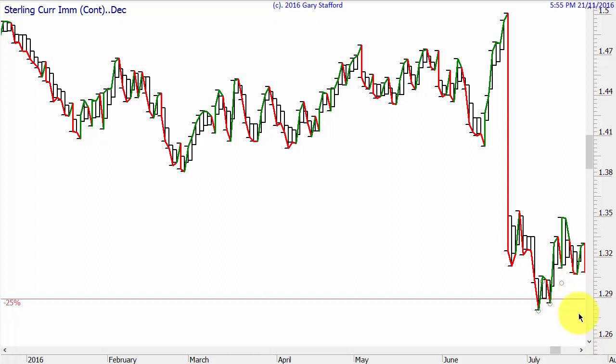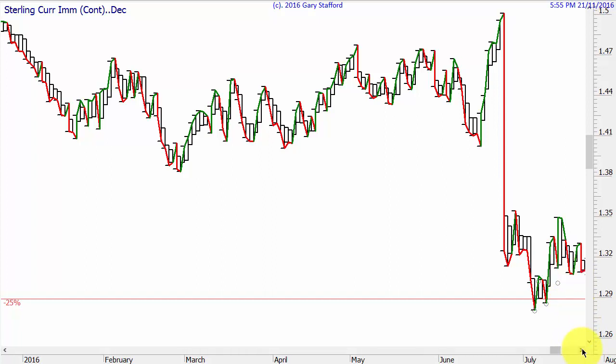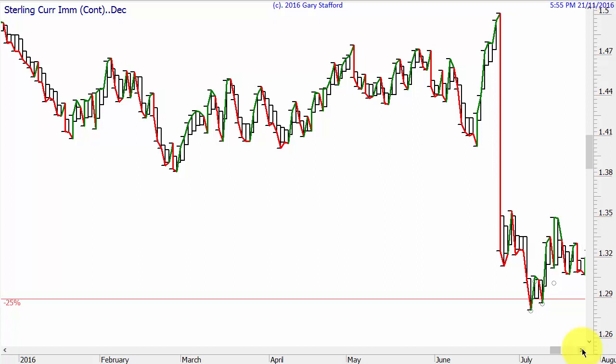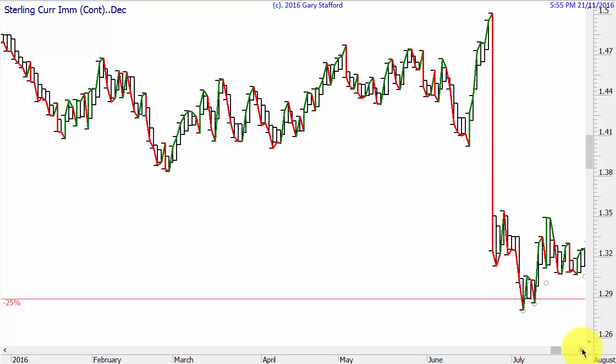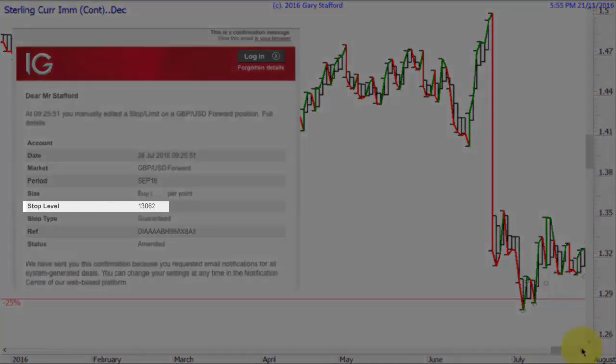It wasn't really worth getting out, basically. And the next day we have an inside day. Next day we have an outside day, so there's nothing to do. The next day we go up, and the next day we go up, and I actually moved my stop loss on that day below this low here, just so I made something after being in for such a long time.